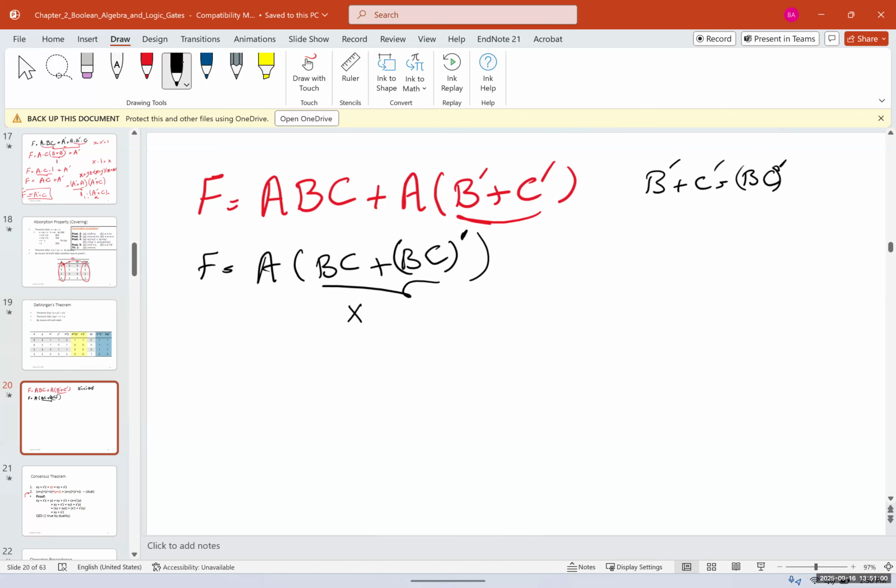Now, what is X plus X prime? 1. And what is 8 and with 1? So the final answer would be